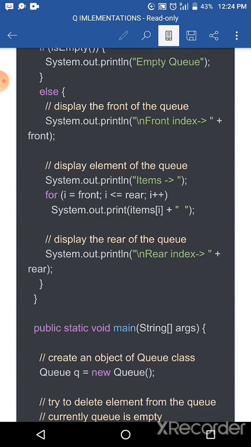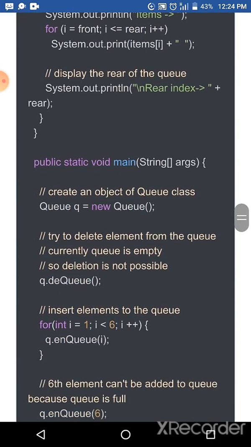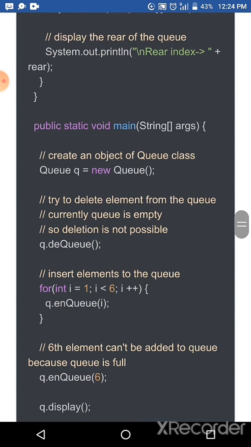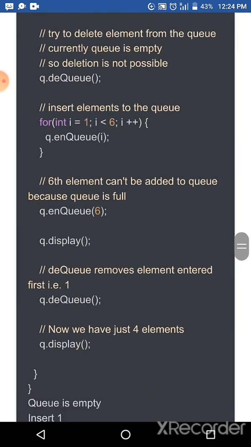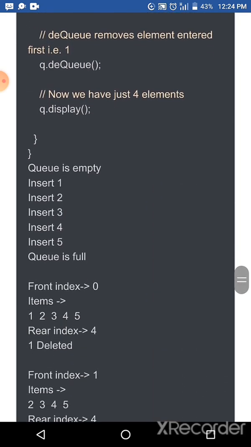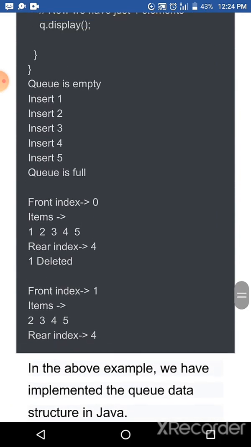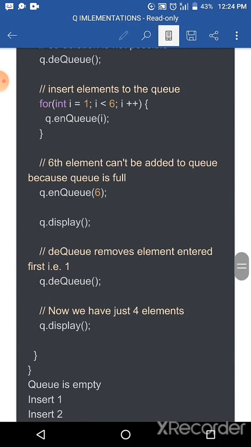After that we have to use the main program. So we have to take an argument q variable, and the DQ and NQ operations will be done here. After that we can see the output also. These are the basics of the NQ and DQ operations.